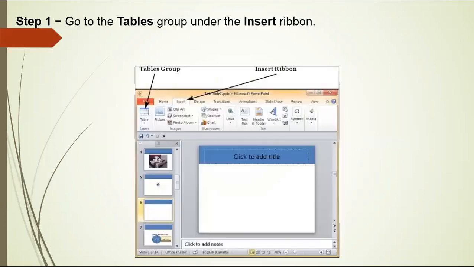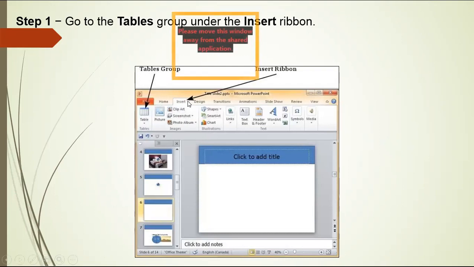So, to create a table, step 1, go to the tables group under the insert ribbon. Okay? So to insert a table, click the insert ribbon, then from the tables group,